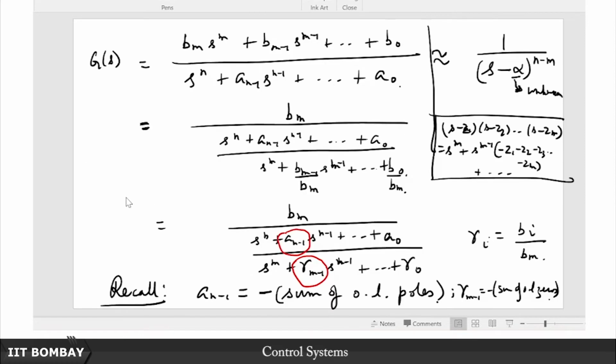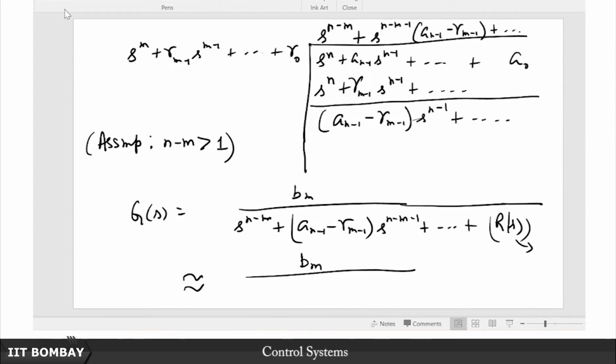I said it's like s minus m, maybe I should have called it b_m, because after all, as s tends to infinity, the gain is b_m. So let's see where this takes us. So this is b_m, and then we want to approximate this by (s minus alpha) to the power n minus m, which if we expand, we will get b_m